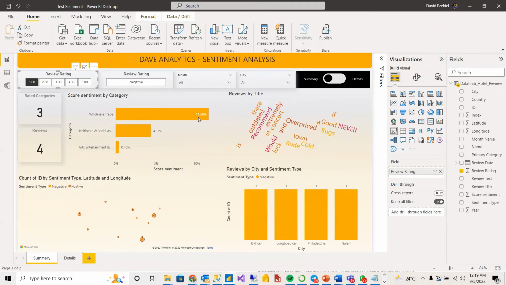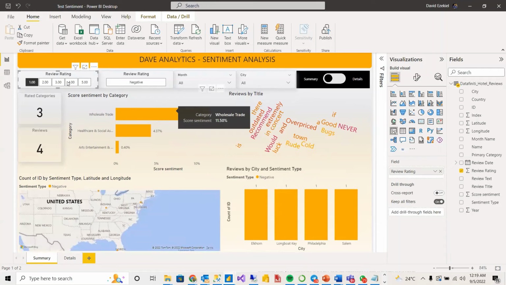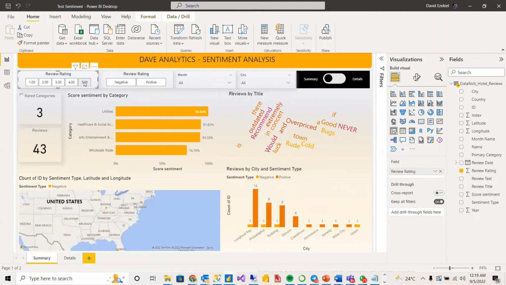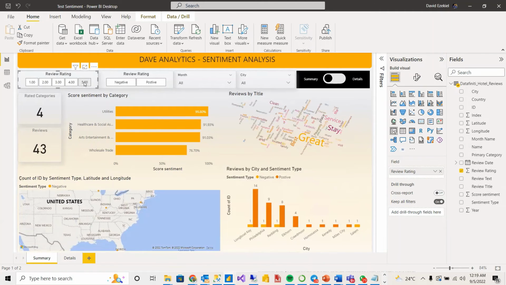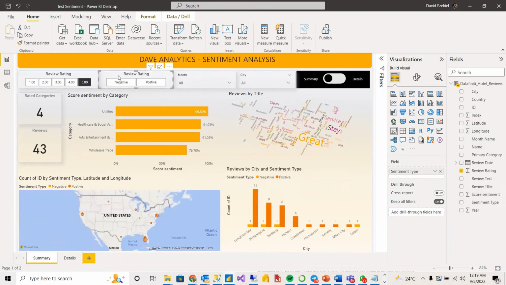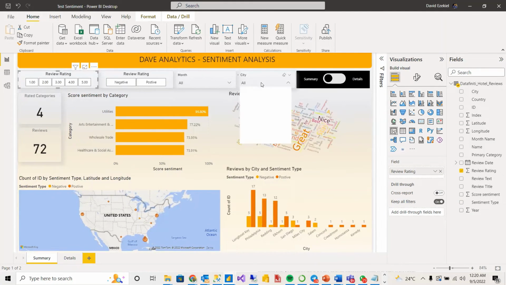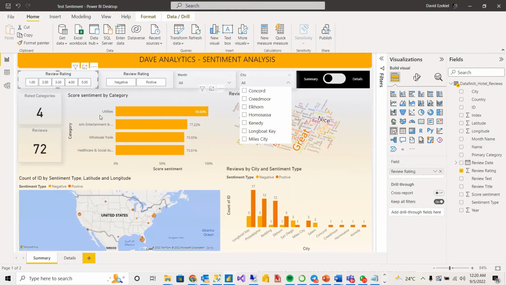So you see that the sentiment is actually low, 11%, which is actually to the negative. And when you come to 5, anyone that is able to give a 5 is more likely to have a positive rating and positive review. And I also have a slicer for the kind of reviews. I have a slicer also for the month, and I have a slicer for city. So this gives you the rated categories. So these are all the categories. You have utilities, you have arts, art and entertainment, you have wholesale trade, you have healthcare and social. So this all